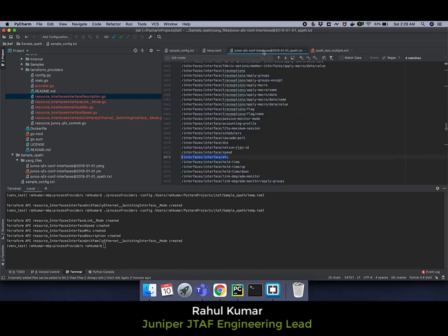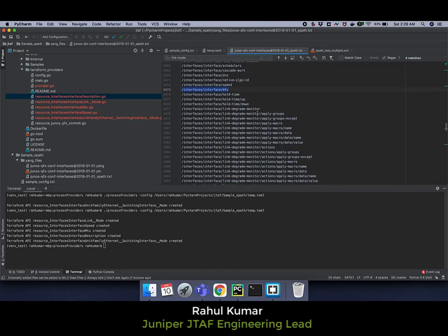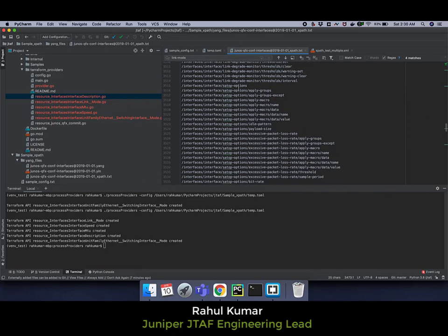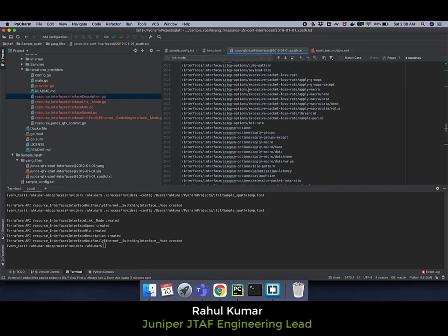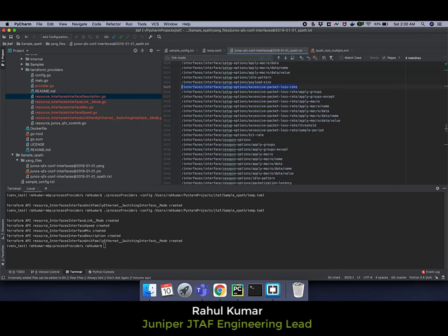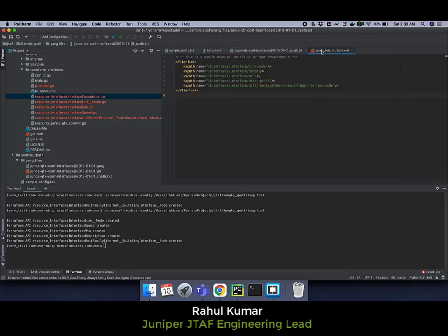Just for the sake of example, I will take a smaller container or list. Let's just take packet loss rate. So this has just around 7 to 8 elements. So just for information, I will take one container and generate for the same.